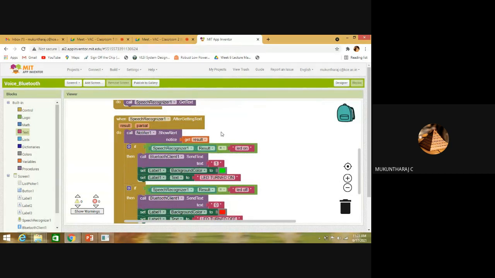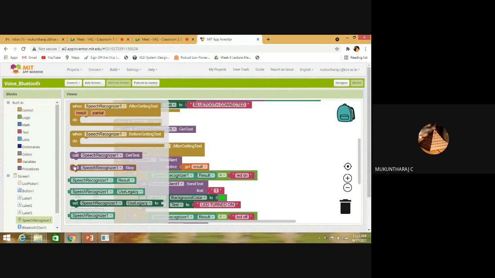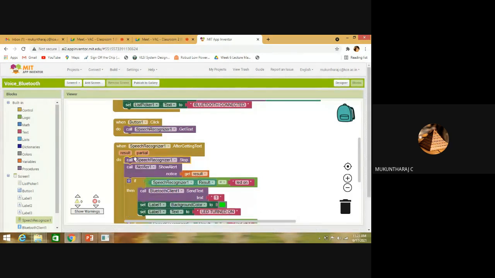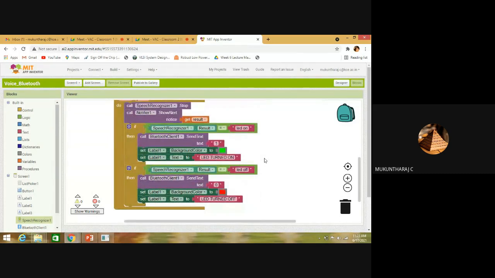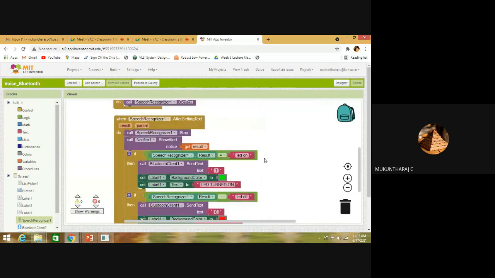What we must do is, after getting text, we must stop the speech recognizer, right? We did not do that, right? So we must stop the speech recognizer first. Then only other things are going to be happening. So we shall test this first in our mobile phone, without connecting the Bluetooth, whether it shows the notification and the label has been changed or not.